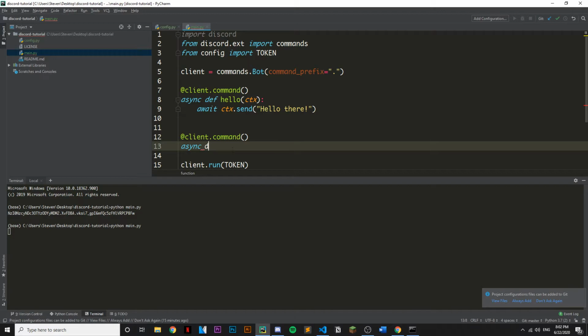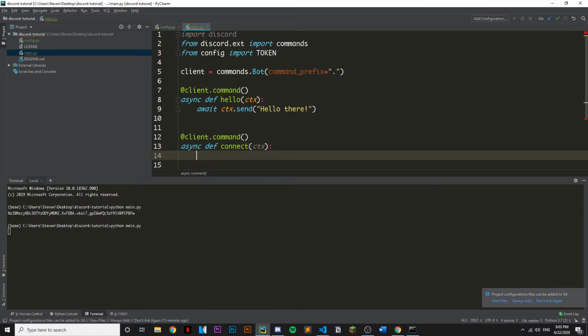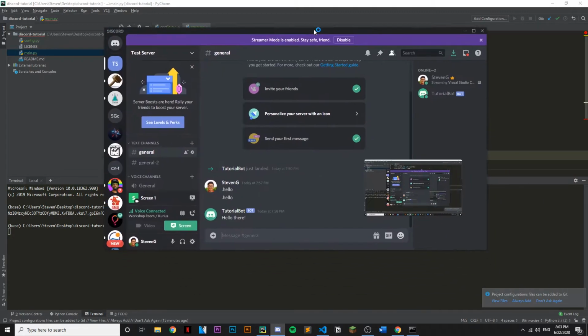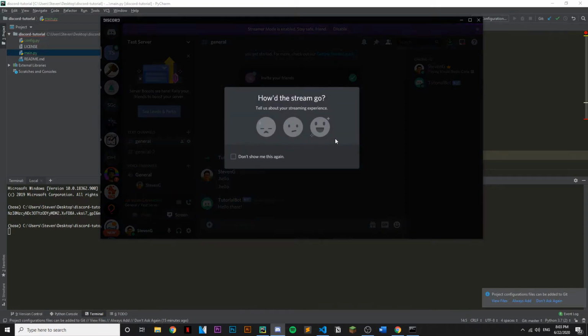So let's write a function, and it's called connect. And as always, we specify context. And here's how we can extract the voice channel that we are in. So if I get into, there's a voice channel here. If I get into this,